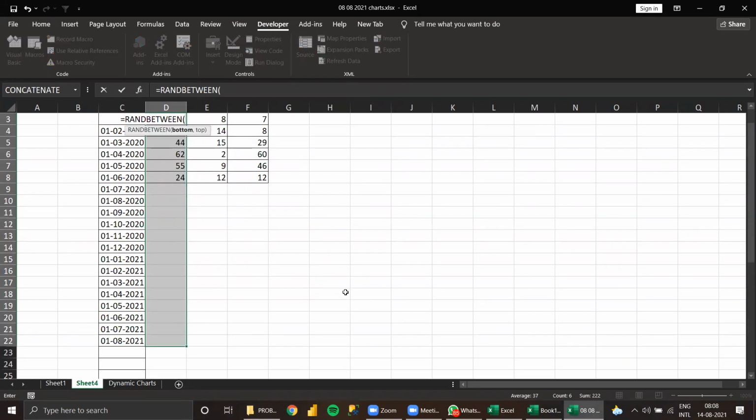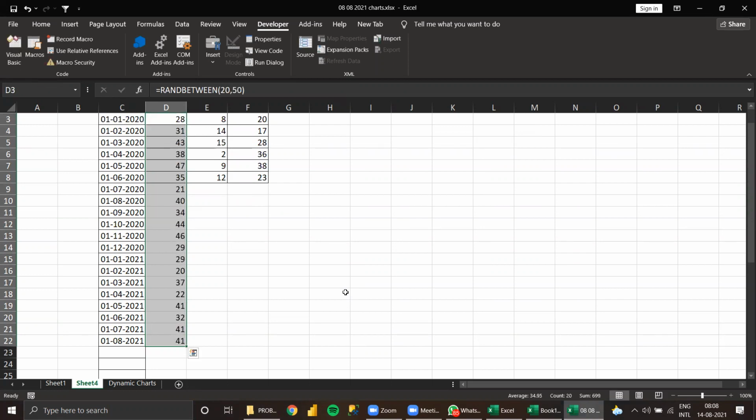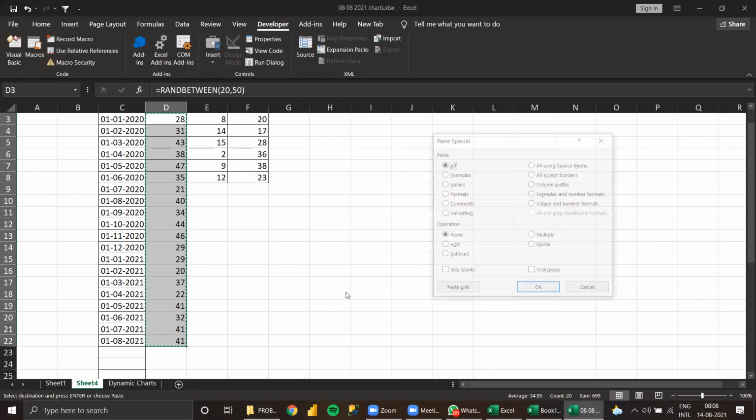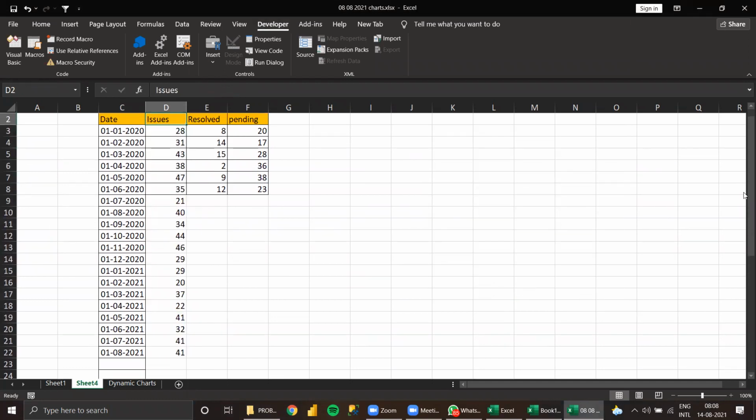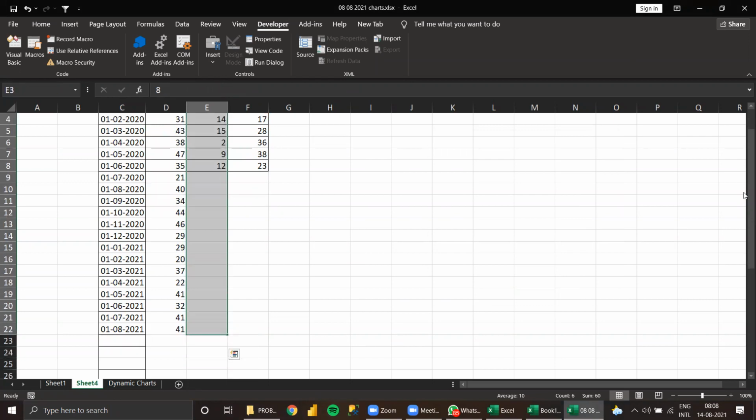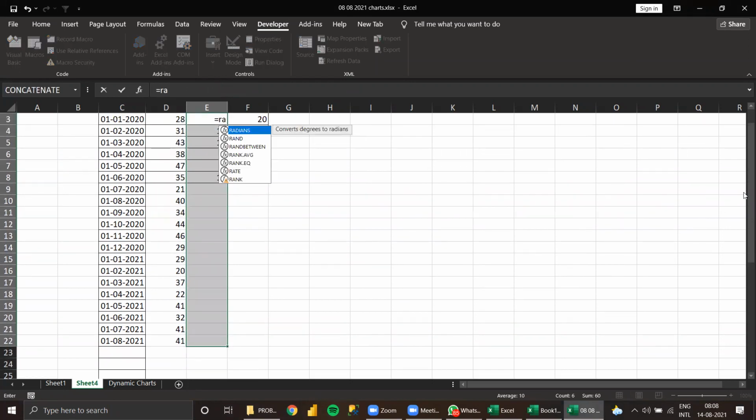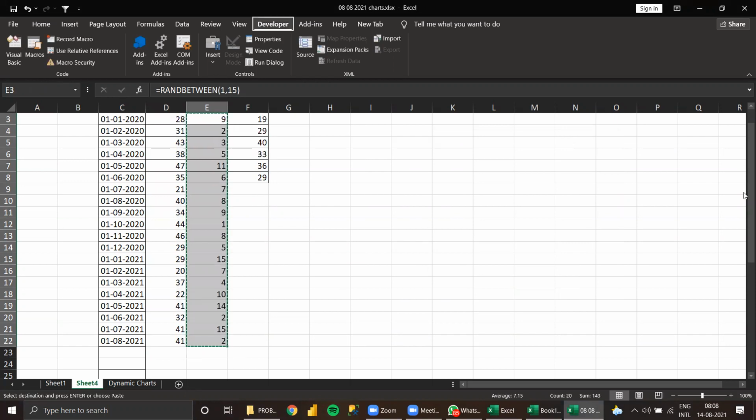From the beginning, I'm doing this so you can understand the data also. This is like issues and resolved, also run between. You can say from 1 to this, all the results.